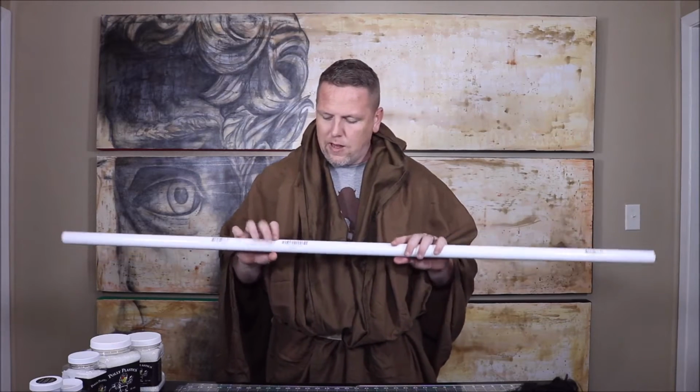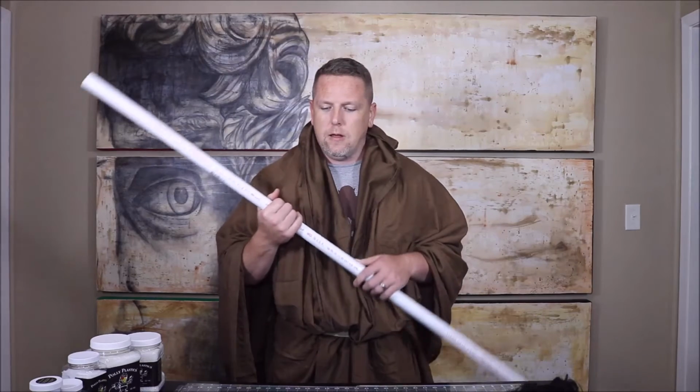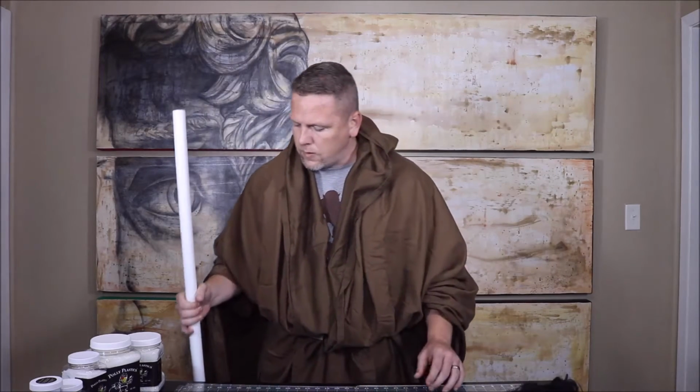I'm going to have to do a few things to the PVC pipe so that when I paint it, it'll look more like real wood. So, a few things that you're going to need are